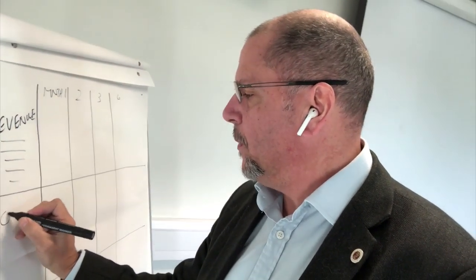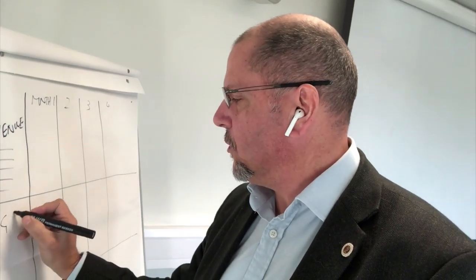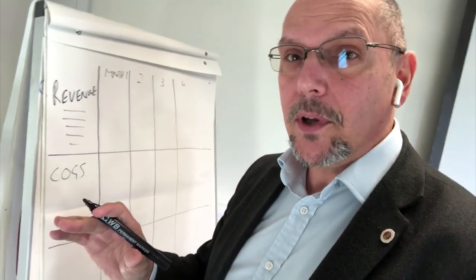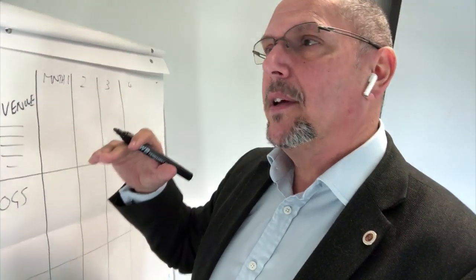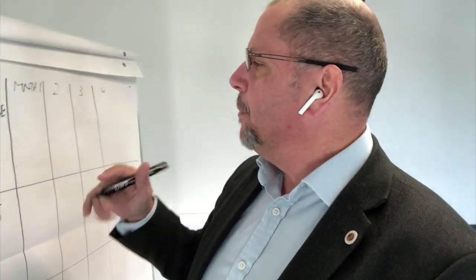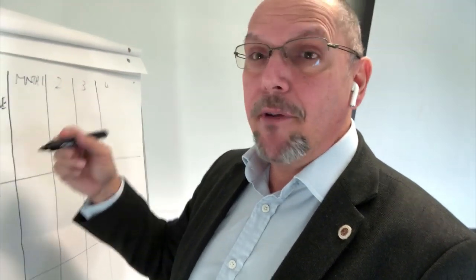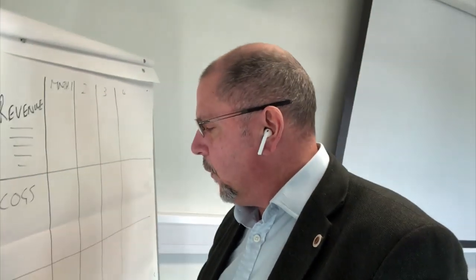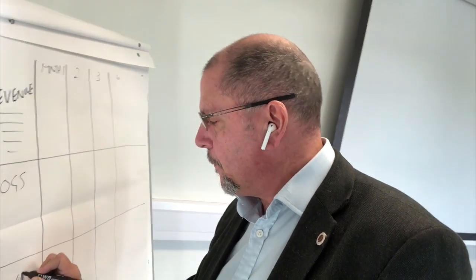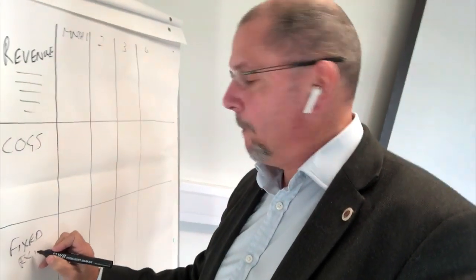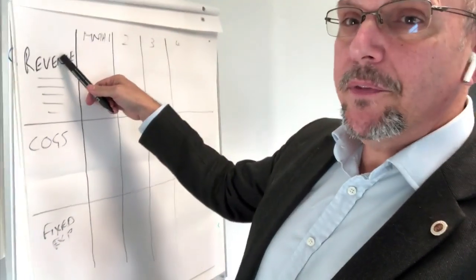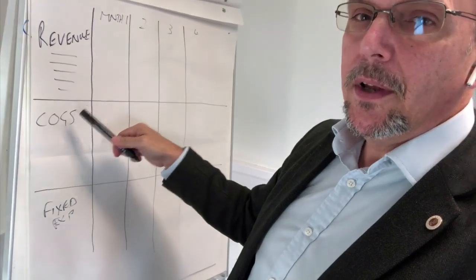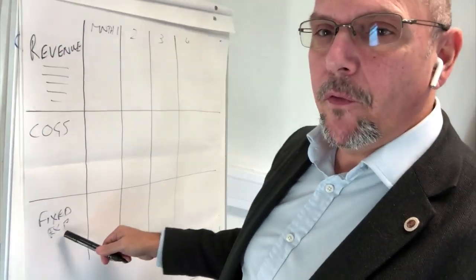Then as I go down, swing that round. If any of you feel motion sickness from that, I'm really sorry. But then we're going to go down, and what we're going to put is what some people call cost of gross sales, so that's COGS. This is the cost that you incur because you're actually carrying out the work. And of course, then in the bottom, we've got fixed expenses. So we've got revenue in the top, cost of gross sales, the cost of actually carrying out the work, and then fixed expenses.